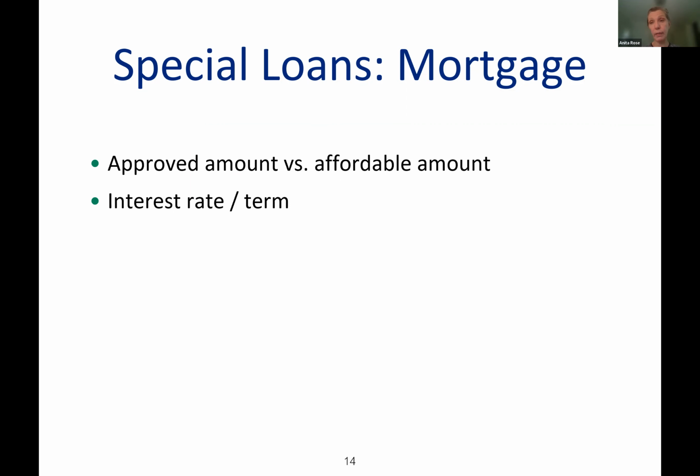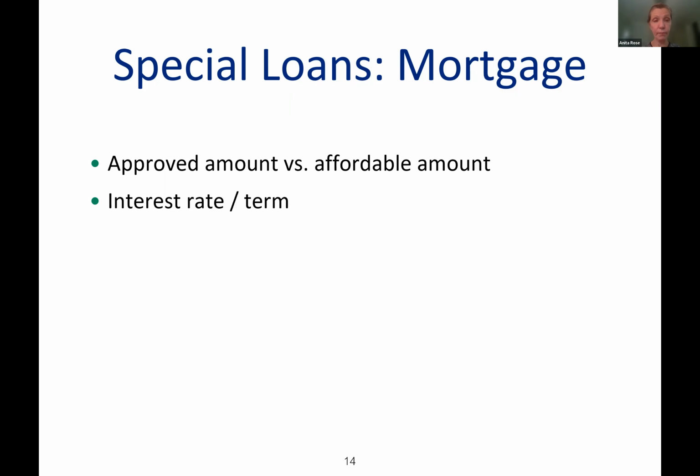They will run a credit report on us. They will look at our pay stubs over a certain period of time, usually 30 days, sometimes 45 days, and they will give us a credit and income approval, which is based on an appraisal of the property. And they will say, okay, this person is qualified for X amount of dollars to purchase a house. Then you can use that as leverage when you want to purchase a house with a mortgage, because you can't pay cash. So that is the approval amount, the amount that you're qualified for, but how much you can afford is up to you.